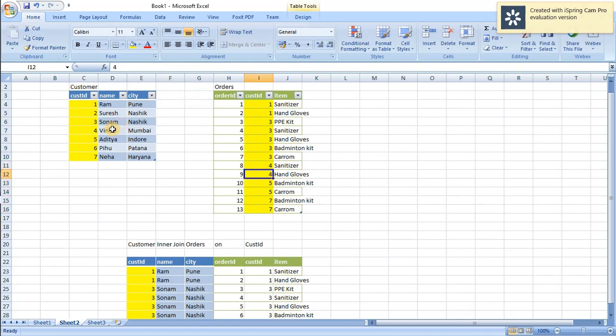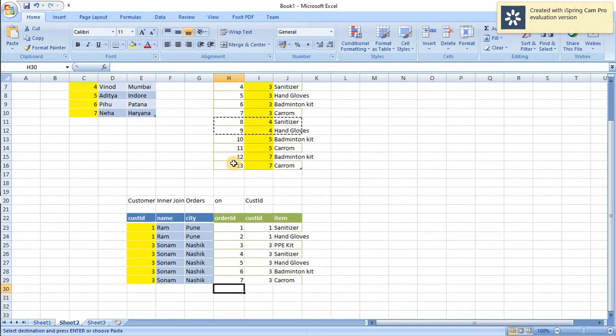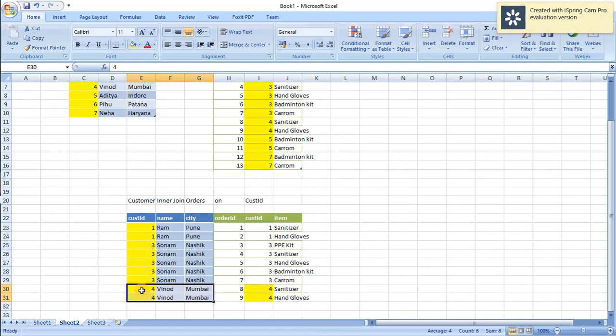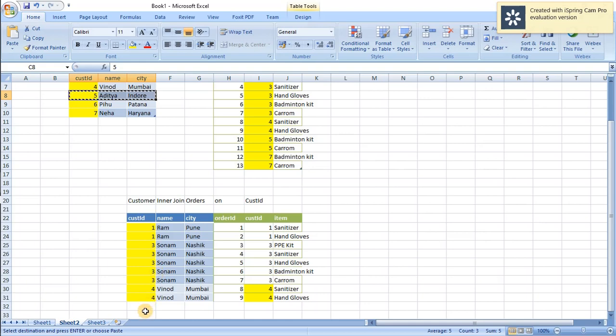You can see that customer ID equal to 4 has 2 records, so there will be 2 outputs from orders, and this will be as is. Now my next record is customer ID equal to 5. There are a couple of entries for customer ID equal to 5, so 2 rows will be written.